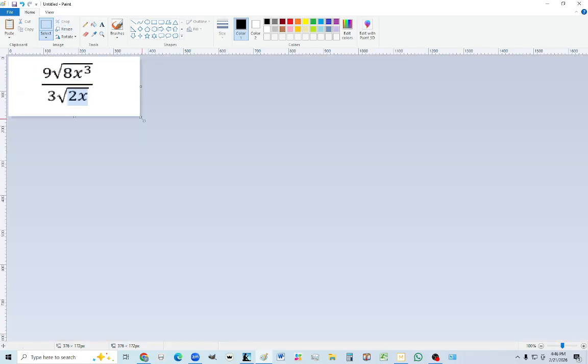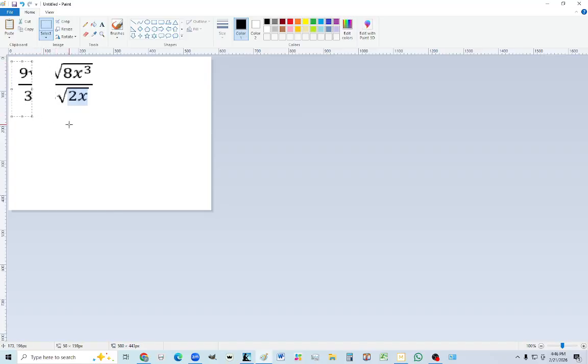First of all, keep in mind that anything multiplying can sort of be separated out like that. Well, it's clear like 9 divided by 3 is just 3. So we're going to just replace that by 3. Okay. But before we start multiplying top and bottom by square root of 2x,